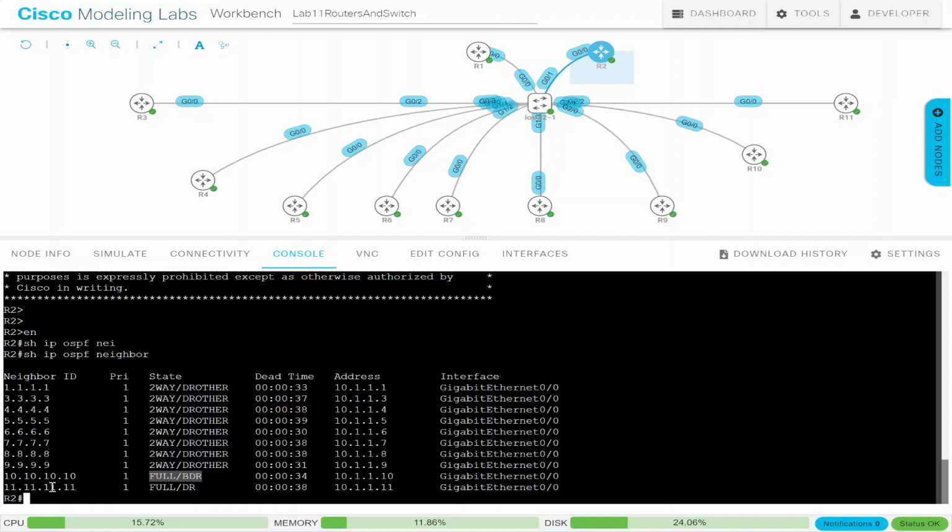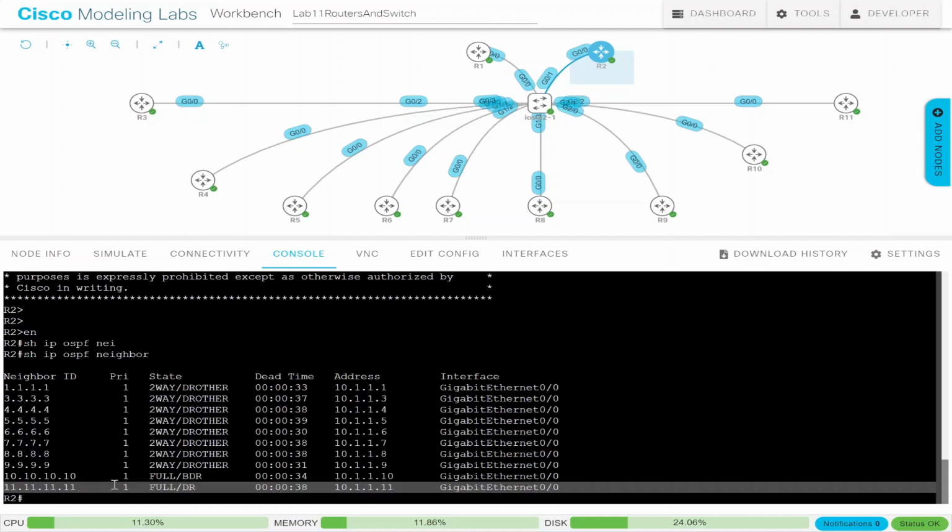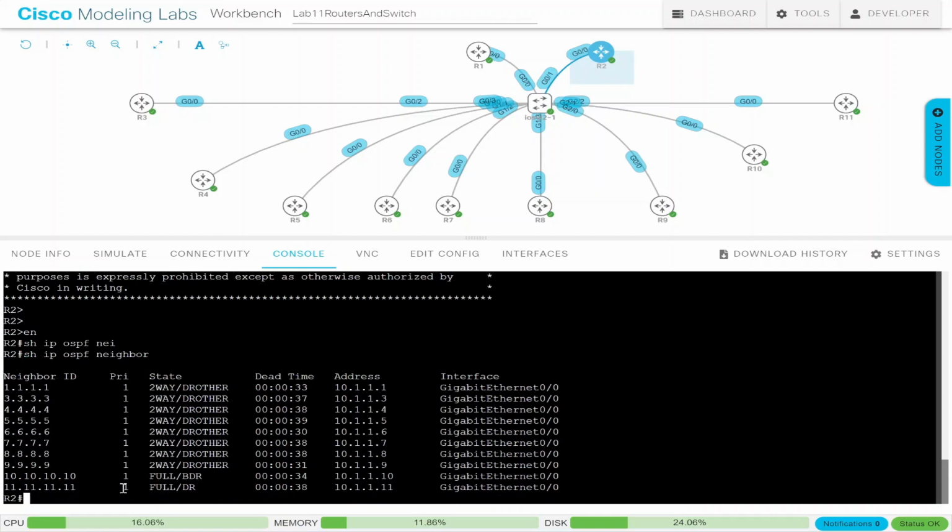So of course, it's using 11.11.11.11 as its router ID. We only have one interface configured on each of these routers, which is G0/0. The highest router ID is 11.11.11.11 and so forth, and 10.10.10.10 is the second. So that's why. And the interesting thing about this is that there is no